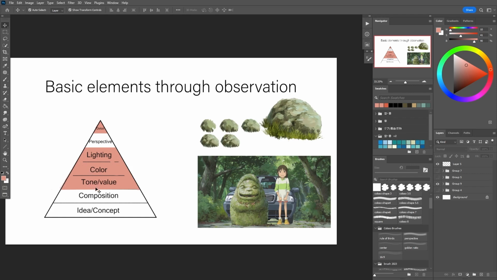But down here is where all the important factors lie, such as composition and the idea. That's the root of the whole artwork, which decides what's above it. Without a strong idea or concept, you won't have a strong rest of the features. Meaning if